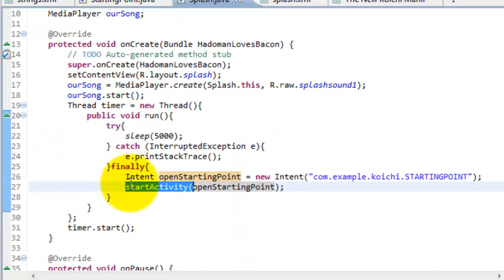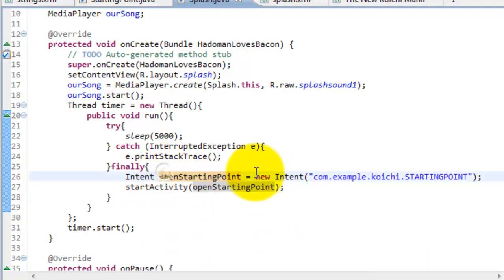So I want to start the activity, and the activity I want to start is this, and this is basically this intent. I want to execute this intent right here, openStartingPoint intent. So that's what's going to happen, and what it is, is to go to